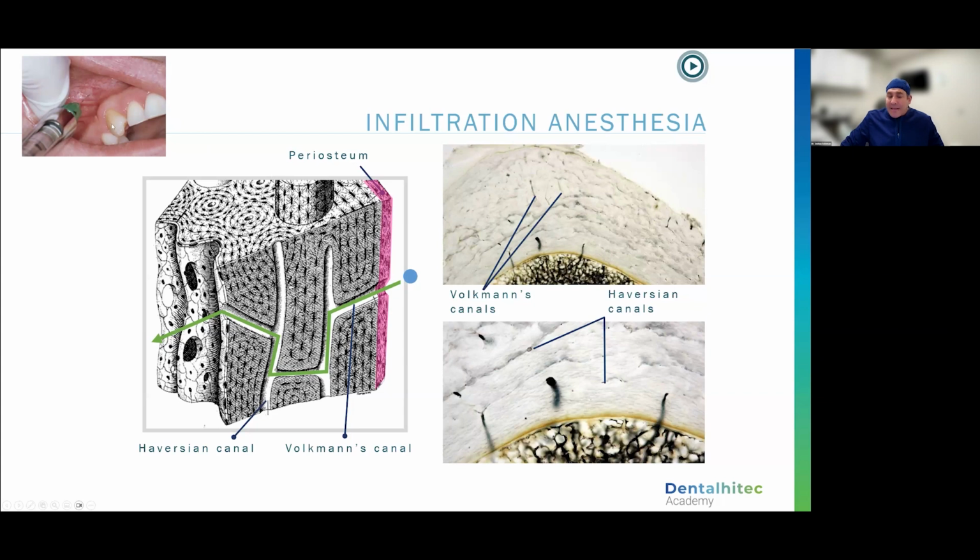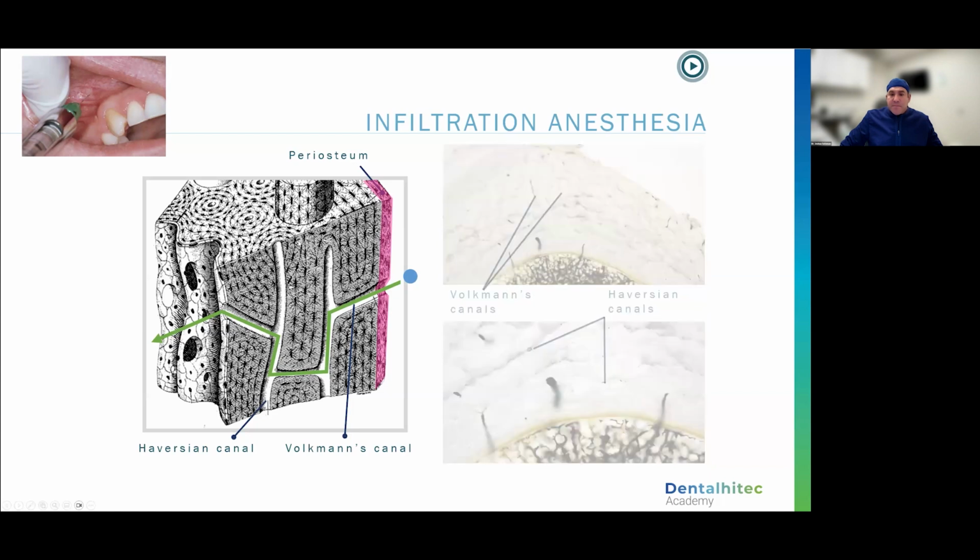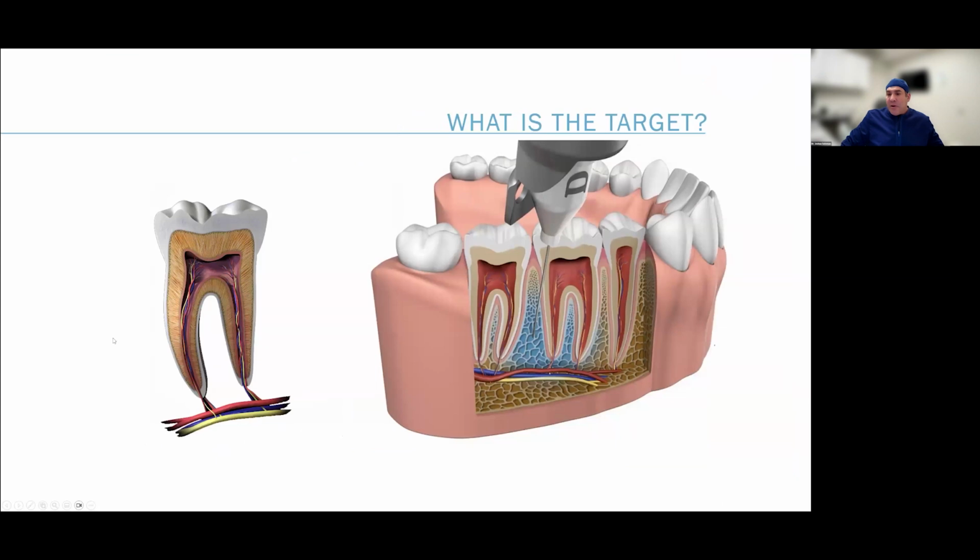Now, if we can skip past this and give that injection through the cortical plate into the cancellous bone, we're not going to be worried about numbing all of those other accessory and connected structures. And this is what we see. We're going to give that infiltration, your standard dental infiltration. It's got to take time and volume to fuse the bone to get down to where you need to have this go. So now the difference is we're changing our delivery to a targeted delivery of local anesthetic down to